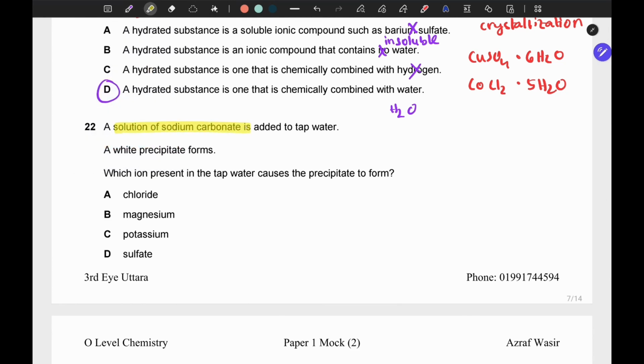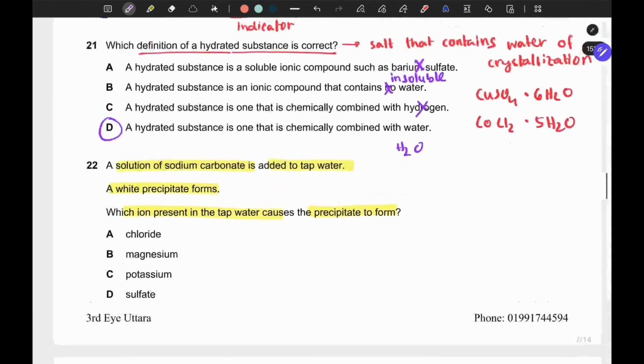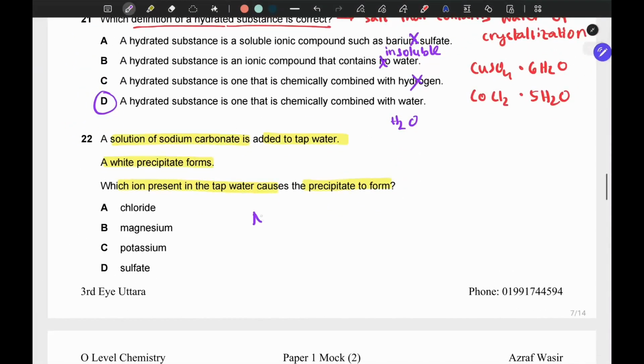A solution of sodium carbonate is added to tap water. A white precipitate forms. Which ion present in tap water causes the precipitate to form? Now, since it's a solution of sodium carbonate, Na2CO3 in its solution would exist as Na+ and CO3 2- ions. So now if we try to recall the solubilities of group 1 salts, we would know that